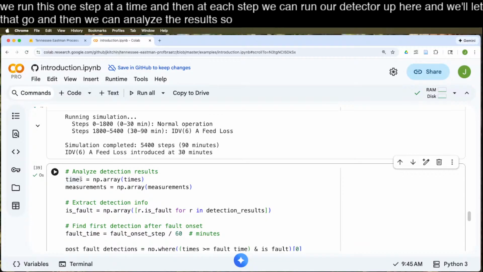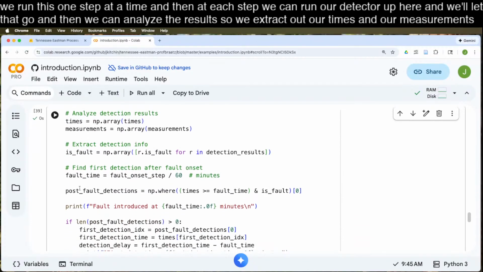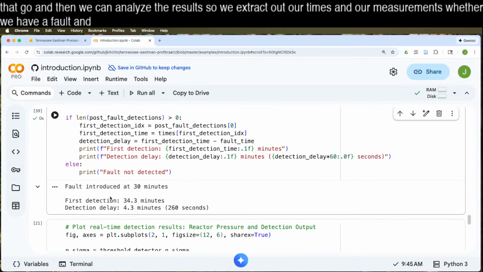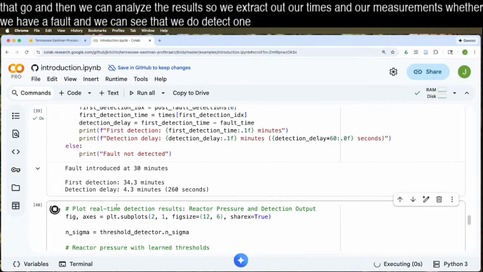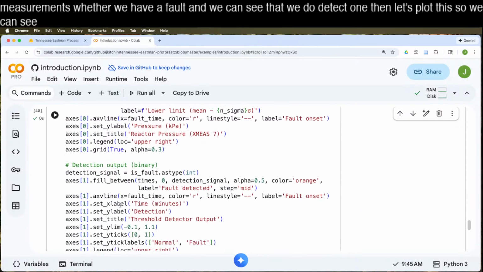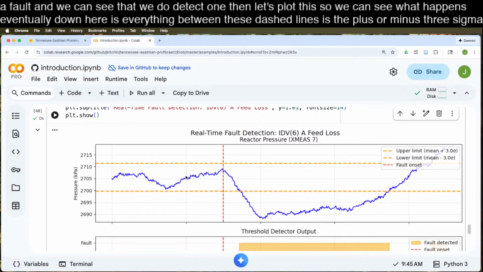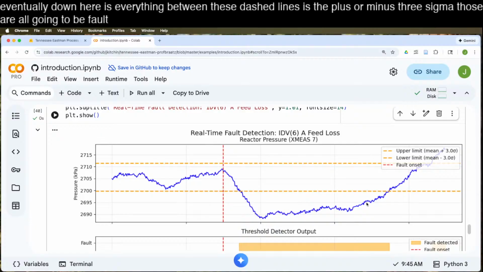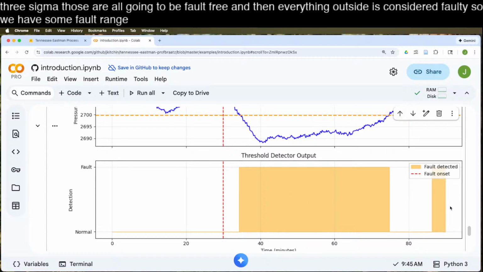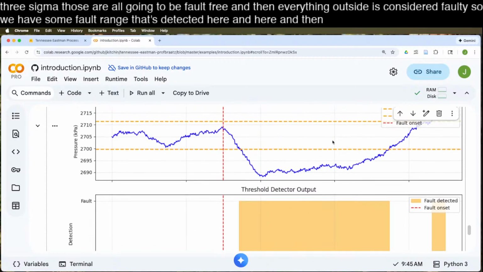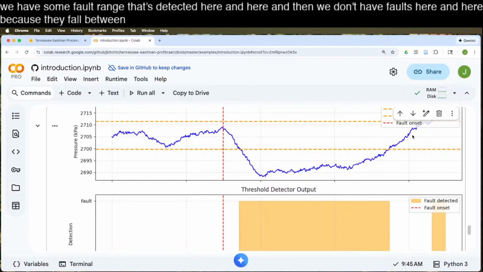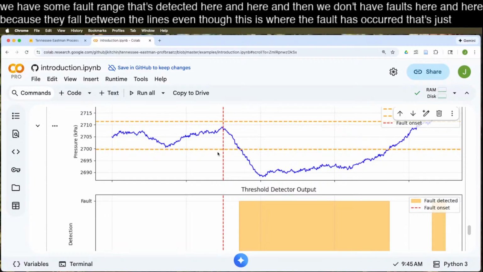Then we can analyze the results. We extract our times and our measurements, whether we have a fault, and we can see that we do detect one. Let's plot this so we can see what happens. Everything between these dashed lines is the plus or minus 3 sigma. Those are all going to be fault free, and everything outside is considered faulty. So we have some fault range that's detected here and here. And then we don't detect faults here and here because they fall between the lines, even though this is where the fault has occurred. That's just a limitation of this particularly simple